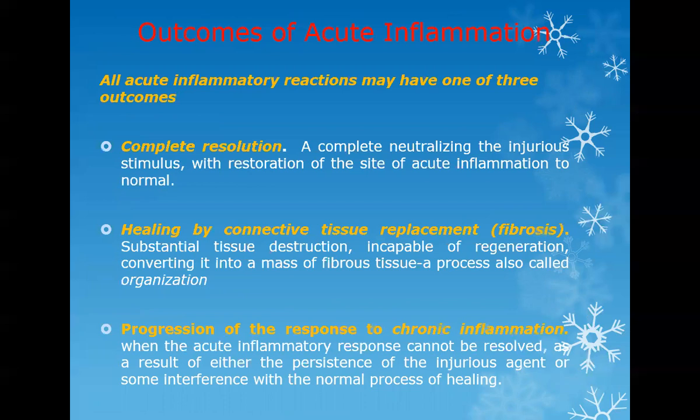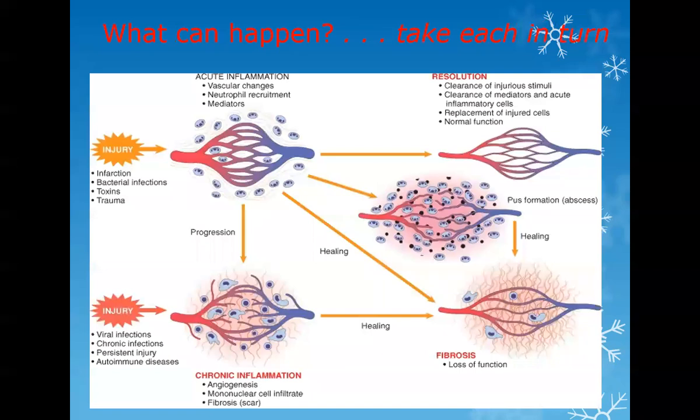Finally, in inflammation, either it resolves completely and nothing will happen, or it will be replaced by fibrosis, or finally go into chronic inflammation. So this is how it looks. Normally, acute inflammation within 1 or 2 days resolves completely. The organism enters your body, it is destroyed, killed, and within 1 or 2 days you become absolutely all right. You don't even feel like having any disease. You feel a little lethargy, probably a little temperature, but it is gone. Normally it happens like this.